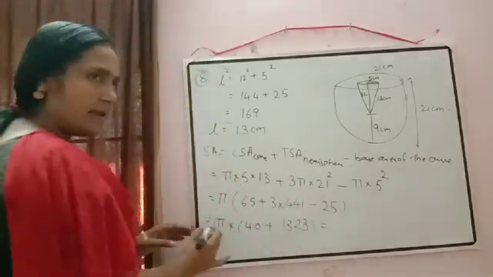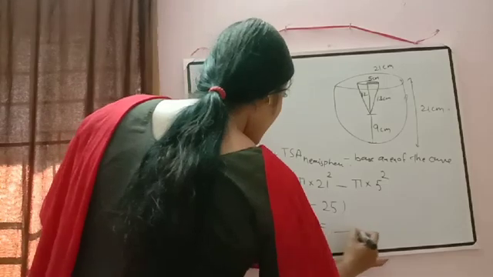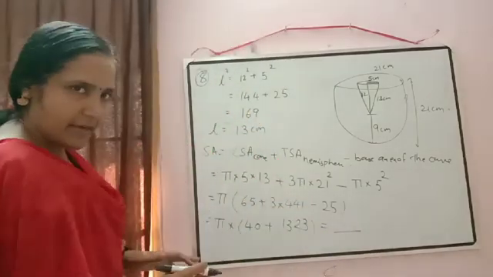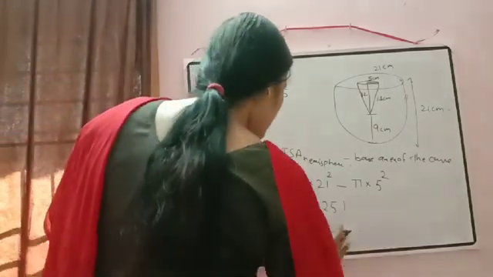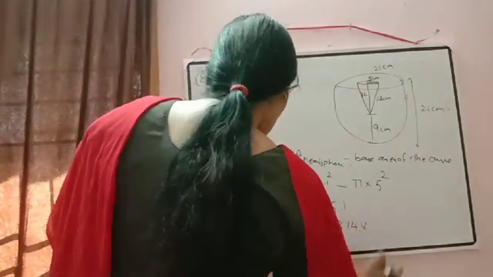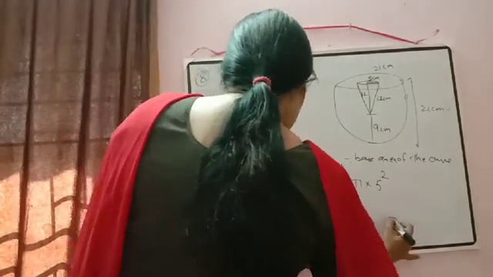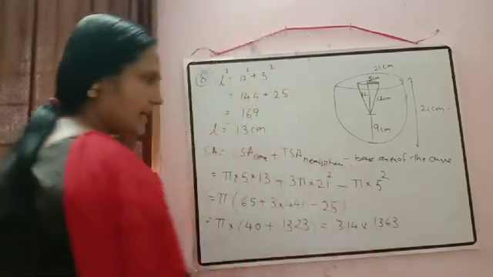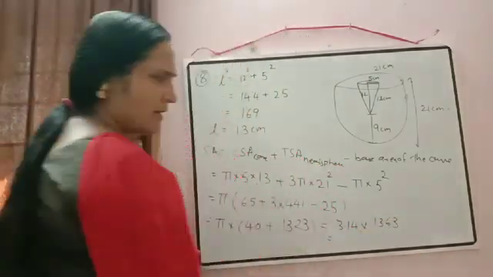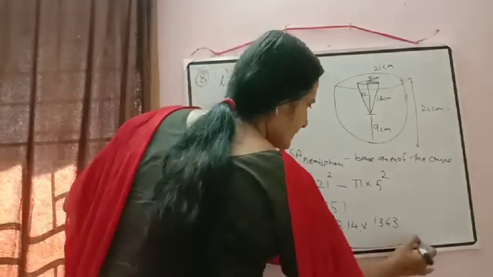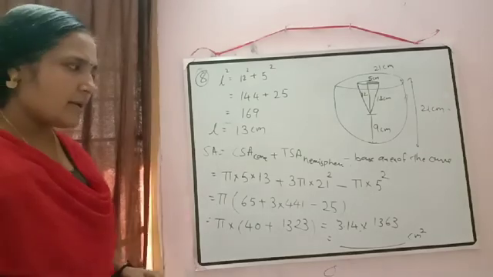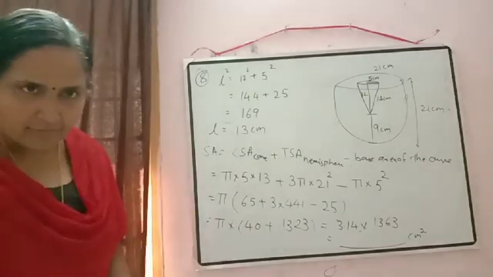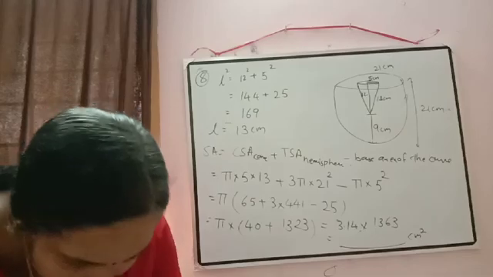Now you can just add, and then just to check if this number is coming a multiple of 7, then take pi is equal to 22 by 7, otherwise you can do it by 3.14. And I think if you will add, you will get here 3, 4 plus 2, 6, and then 1363. That is not a multiple of 7. So you can substitute pi is equal to 3.14 and write down the answer in centimeter square. That multiplication you can do by yourself. Okay. Now we'll check the next question.